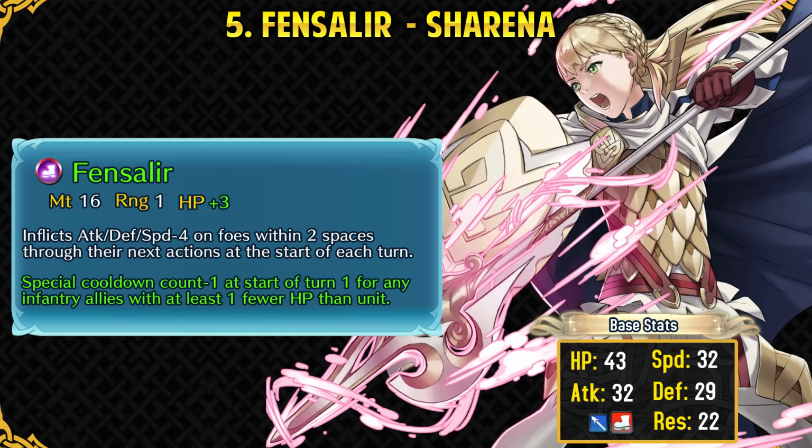Infantry Pulse as her extra effect gives her amazing support utility to many infantry units, and a lot of free-to-play players have not been able to try Infantry Pulse because it's locked to Dorcas and Summer Xander, and both of them are 5-star units. SHARENA can make good use of this because from the refinement she gets plus 3 HP, which puts her at 46 HP, and that's more than both Dorcas and Summer Xander, who have got Infantry